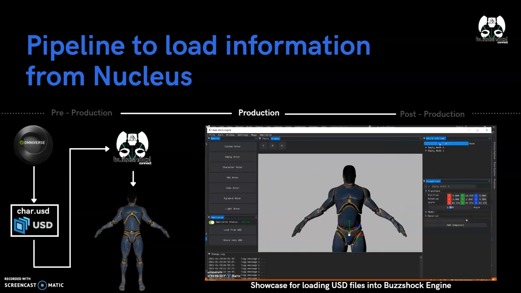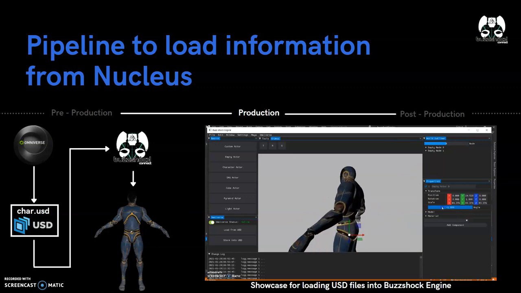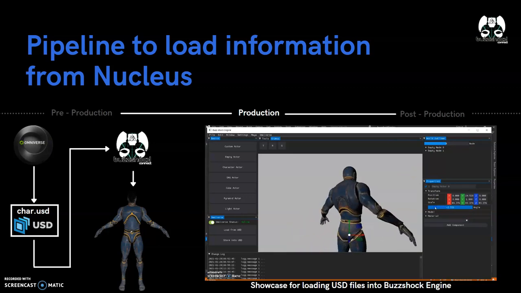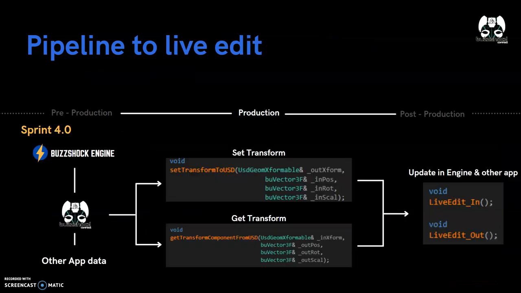Right now, we set up the model, and that's all. That's the great part about using the loading information from USD files into the Omniverse. After that, we have the pipeline to the live edit mode. This is really simple. We get the abstraction from Omniverse, but